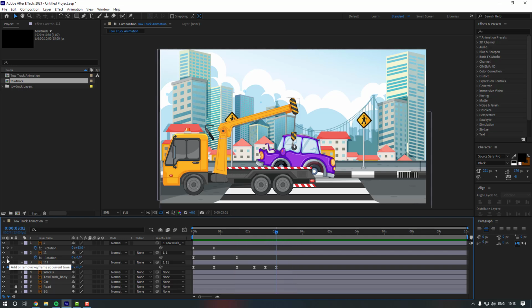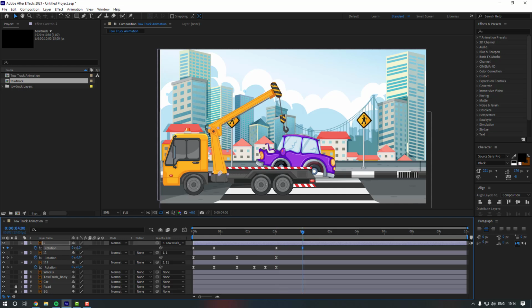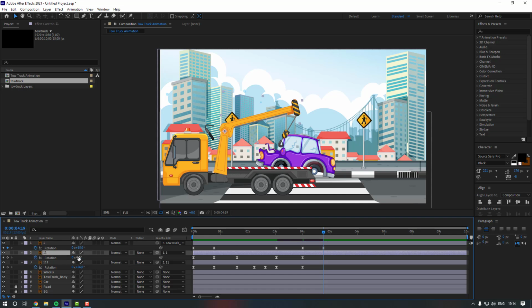Okay, nice. Now let's make a static keyframe for layer 11 and also for the layer 1. And let's go to 4 seconds. Let's change rotation of layer 1 like this and also change rotation for layer 11. Let's make it like this and also for the layer 111. Okay, nice. Now let's go here and change rotation of layer 1 like this and also for the layer 11